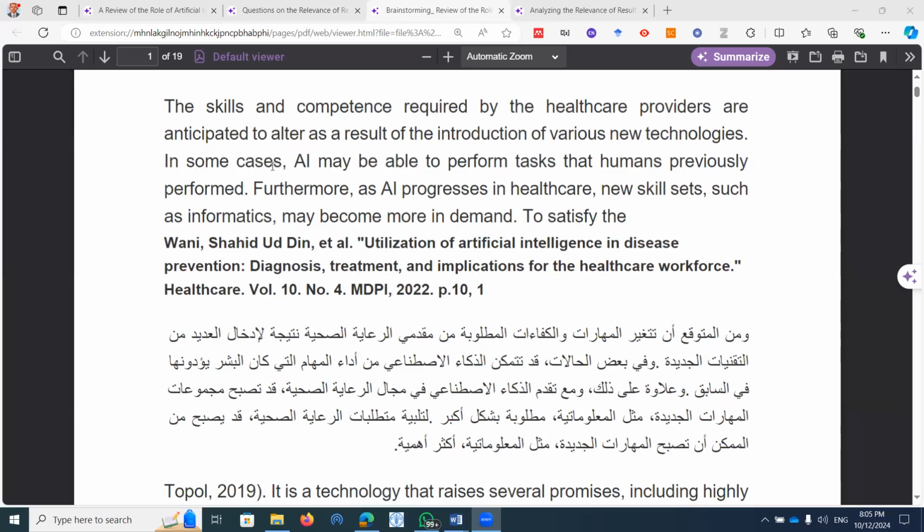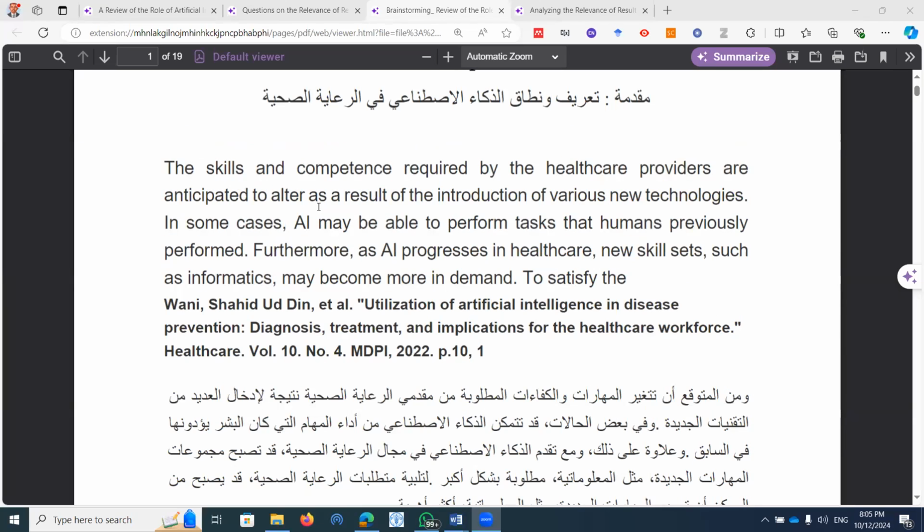When we talk about the skills, this paragraph is about the skills and the competence required. That means some healthcare workers need to learn new skills, using this AI to help them instead of replacing them. They need to train themselves on the new tools and new skills, and on how to use this AI to be helped by it rather than replaced. That is in this paragraph because they said furthermore,